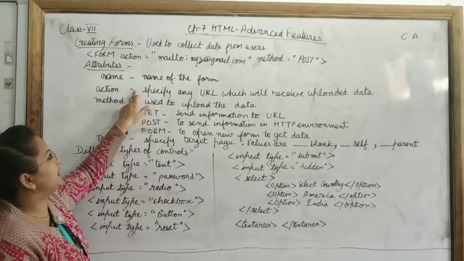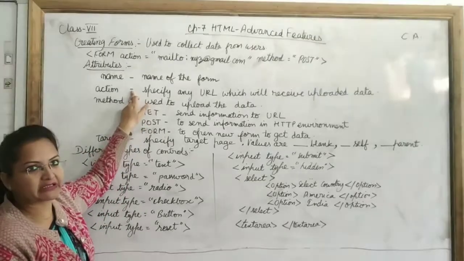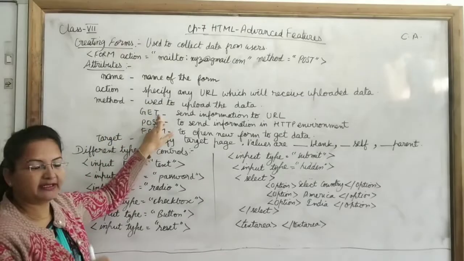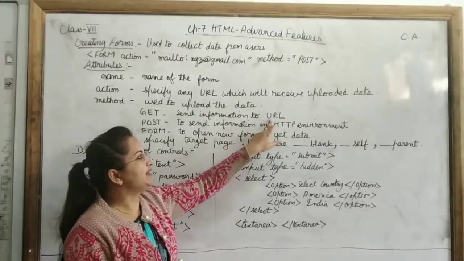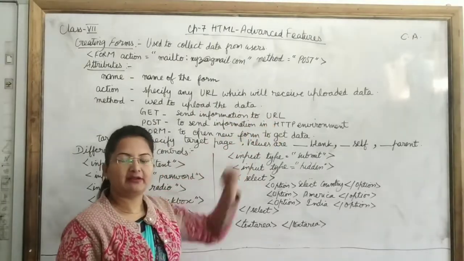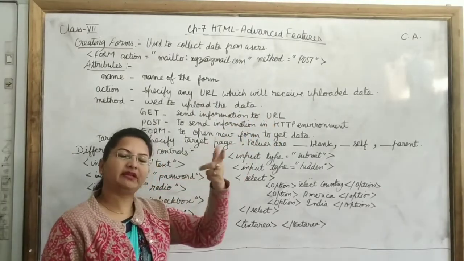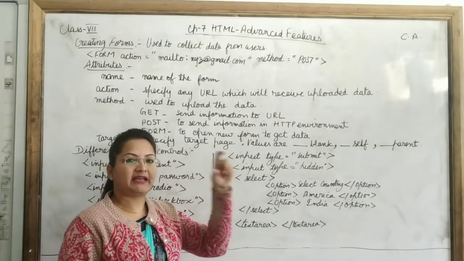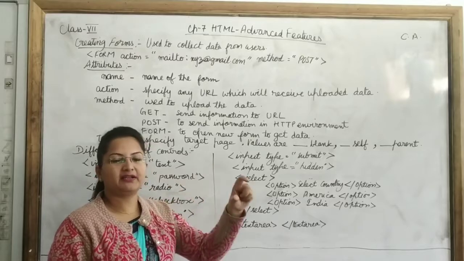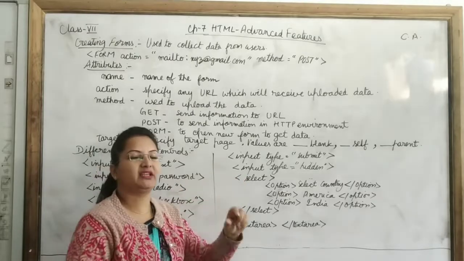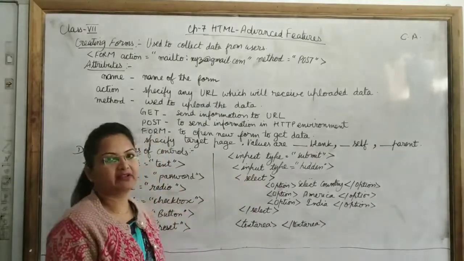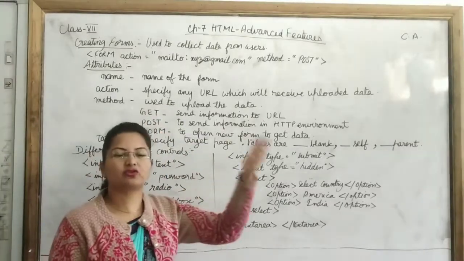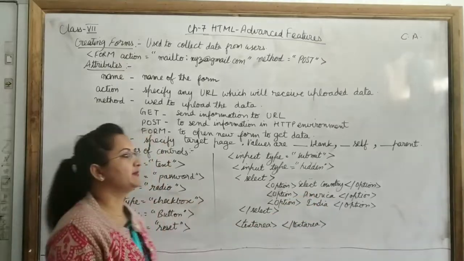It will be sent to the page that we have mentioned here in the action. So in method, if you are writing get, that means the data will be sent with the URL. When you click on the submit button, you will be able to see the data in the URL. URL means it is there in the address bar. In the complete address of the website, you will be able to see the concatenated data with it. Data will be there in the URL and you will be able to see what is to be sent to the next page.